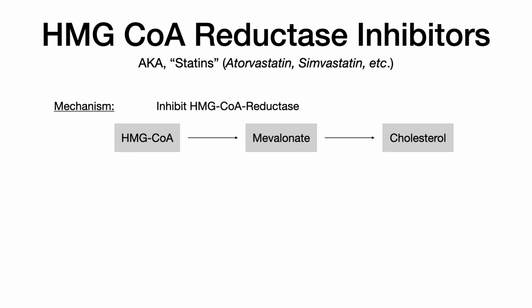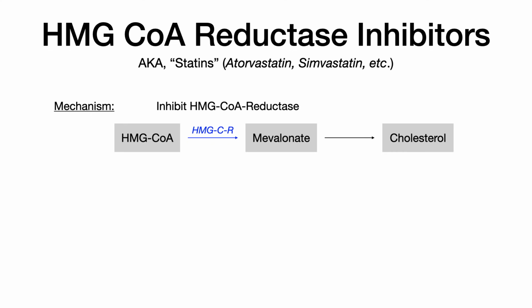Now, the body is using this cholesterol, so it is a physiologically appropriate amount of cholesterol in the body. It's embedding it into different membranes, and it's embedding it into different processes throughout our body. The enzyme that converts HMG-CoA to mevalonate is HMG-CoA reductase, which you see here in the step shown in blue. And this is the rate-limiting step in